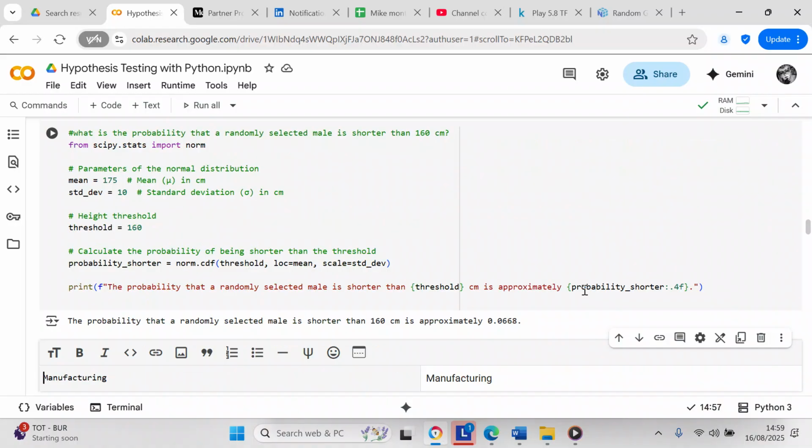We come up with the answer, and the probability of a male shorter than 160 centimeters is 0.0668. Now, I used to be 165 centimeters, which is around 5'5", but I'm not 165 centimeters anymore because I've gotten older. 160 centimeters is maybe 5'2" or something like that. So the probability of a male being 5'2" is